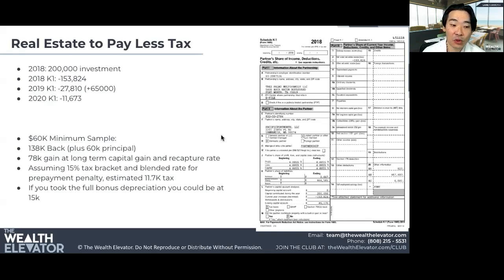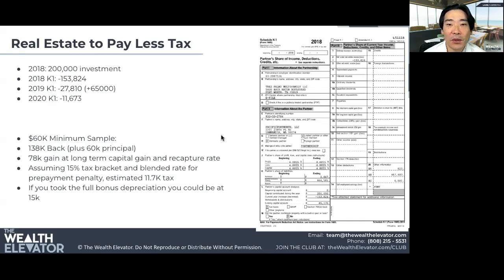Again, that's where you get the majority of it, about a third of all the juice to squeeze. And then the rest trickles out in the coming years. So in 2019, got about $27,000, and then in 2020 got $11,000 of losses. But in this year, we actually exited this deal early, more than doubled our money in, I think, 2.5 to 3 years. Obviously, surpassed the business plan here.